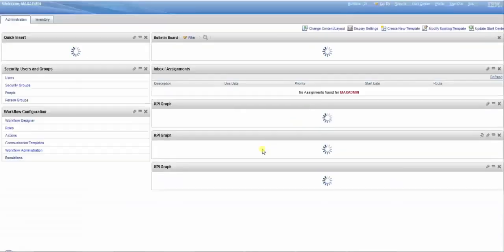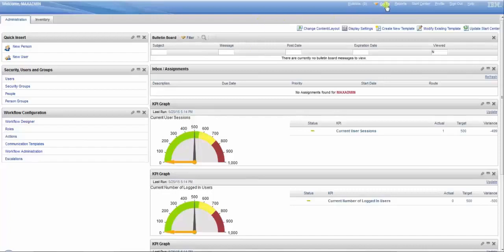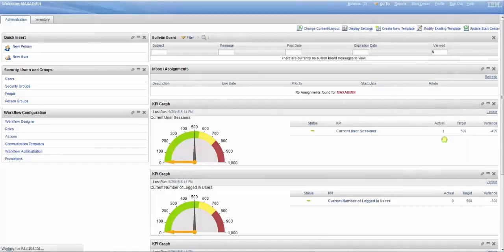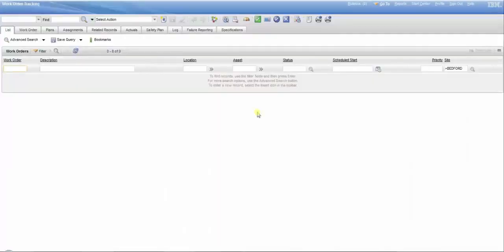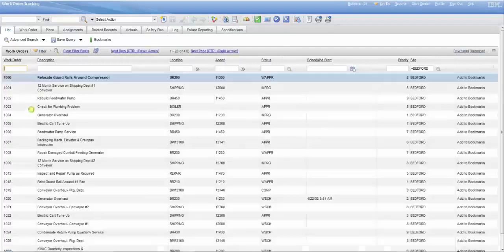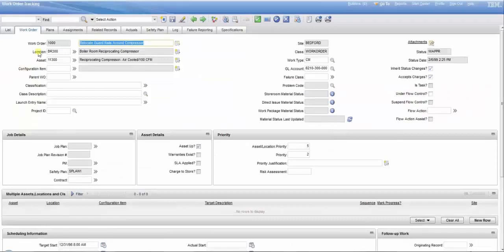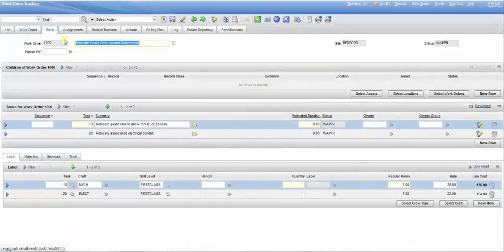Today I'm gonna talk about the default button functionality available in Maximo 7. The default button functionality allows you to enter new lines for records using the table window control by pressing the enter key. For example, if you go to the Maximo Work Order Tracking application, going to the Plans tab, if you have a work order record in the waiting for approval status, you are able to enter more tasks for a